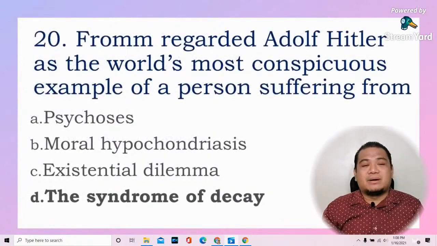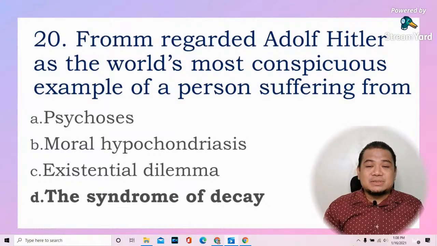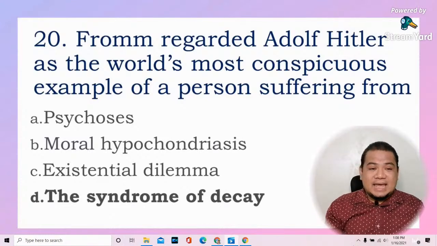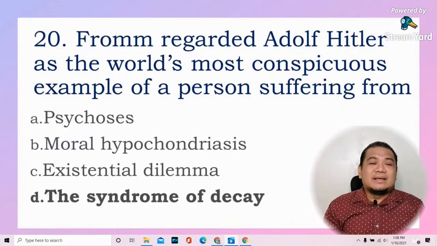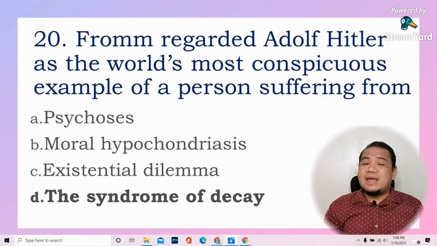And the last number. Fromm regarded Adolf Hitler as the world's most conspicuous example of a person suffering from the syndrome of decay. Fromm regarded Hitler as the world's most conspicuous example of a person with the syndrome of decay, possessing a combination of necrophilia, malignant narcissism, and incestuous symbiosis. Hitler displayed all three